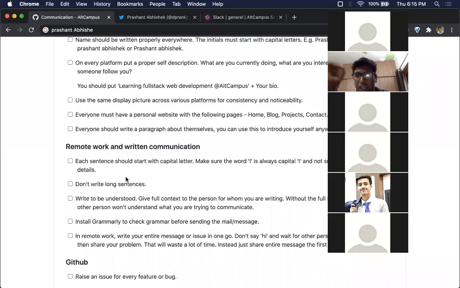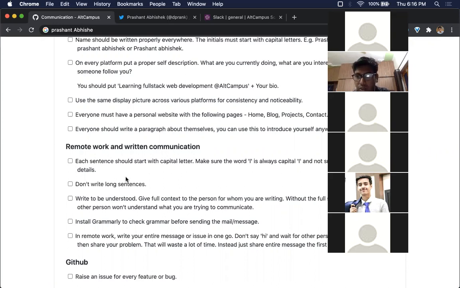be good at writing. No matter who you are and no matter what you do, you have to get good at writing. For example, good companies like Basecamp. Basecamp is a very good project management tool, and one of the oldest project management tools out there. Even while hiring developers, they assess people on the technical front first, which is how good they are technically. But if there are two people with the same technical skill set, then they go on their writing, how good of a writer they are, and